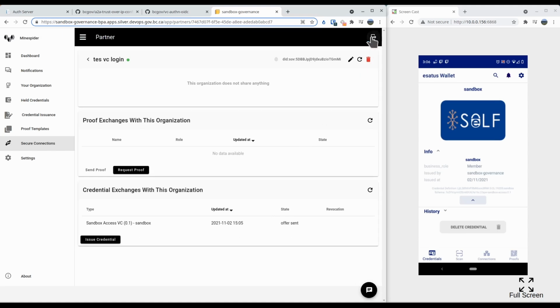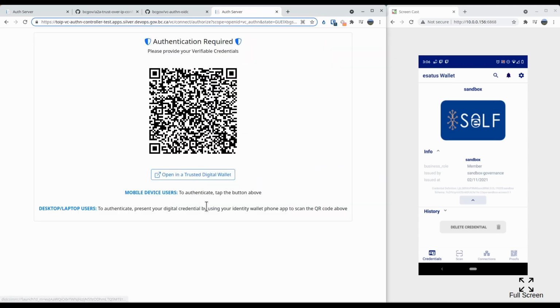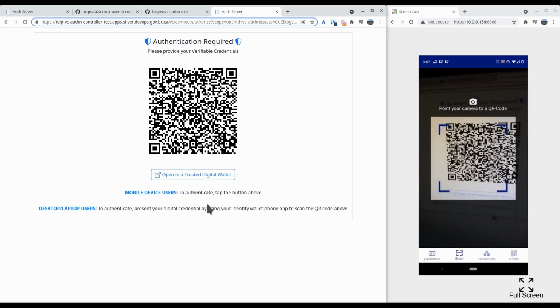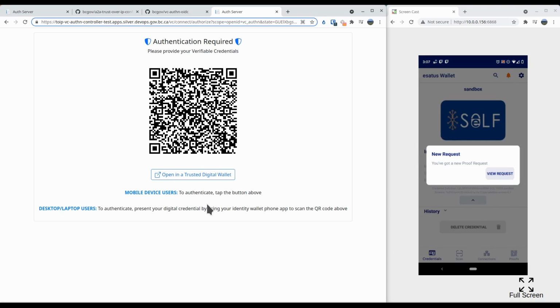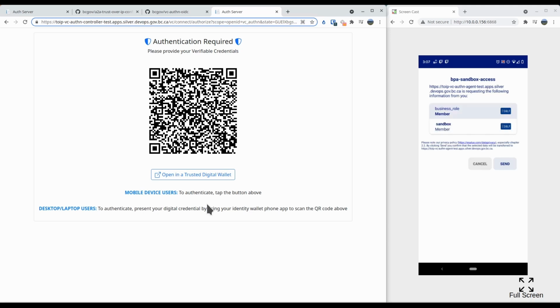So next, I'm going to log out of this system and I'm going to attempt to log back in using verifiable credentials. I'm now going to scan this same proof request challenge on this device, and I'm going to view this request, and it's going to inform me in my digital wallet. It's going to look through all the credentials I have and the request that's being made, and see that I do have an option to satisfy this request. I'm going to select this credential and present that